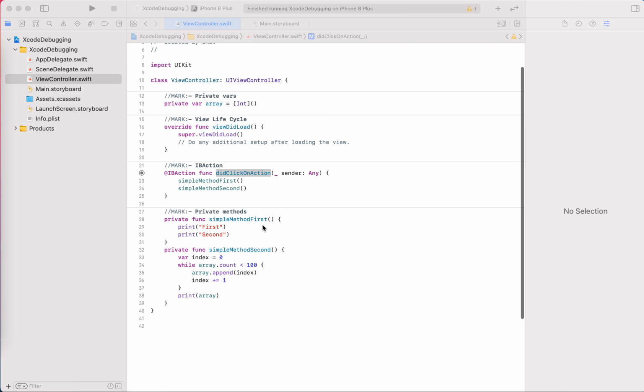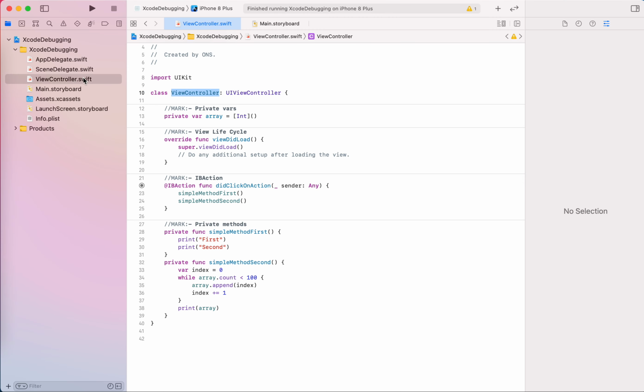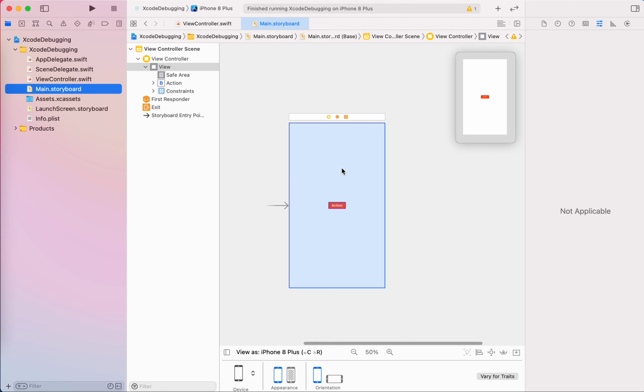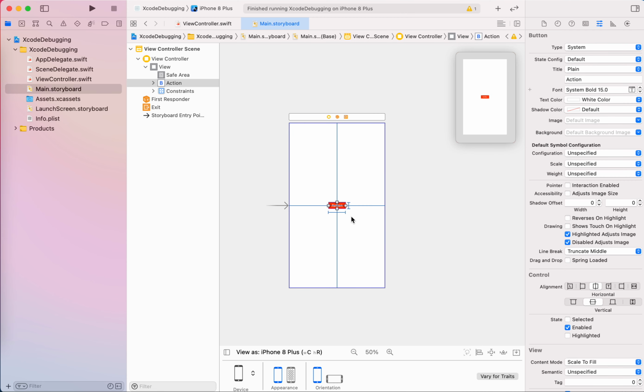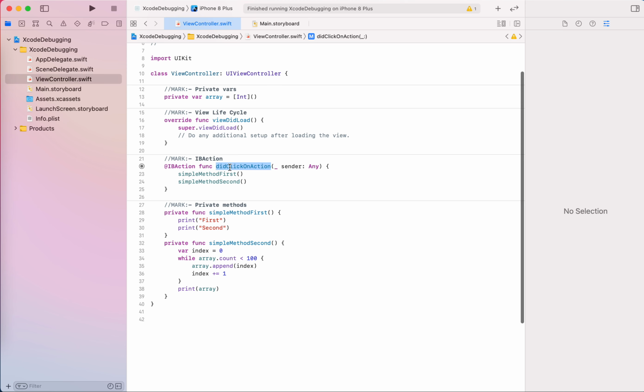You can see that there is one view controller and also one XIB file for that view controller, in which I added a button called action, and I linked that action button to our method named didClickOnAction. Whenever you click on that button, this method will be called.